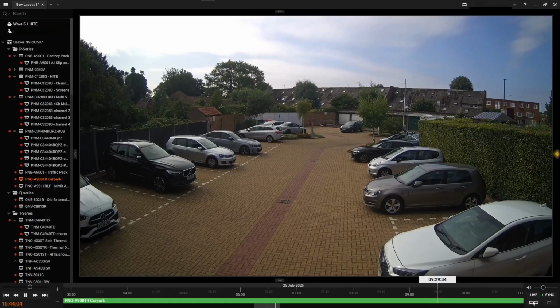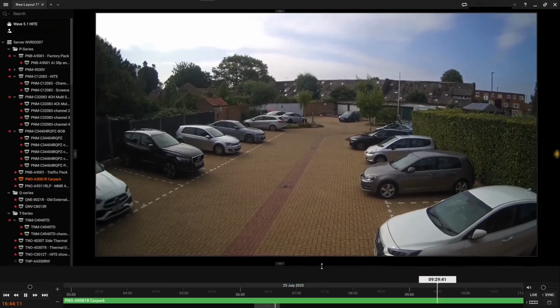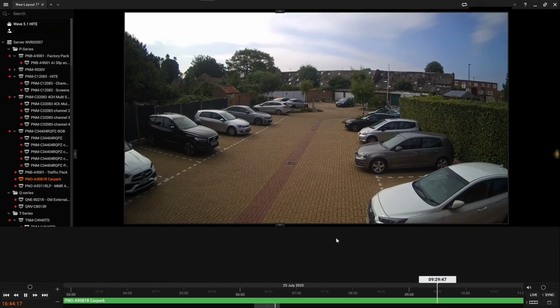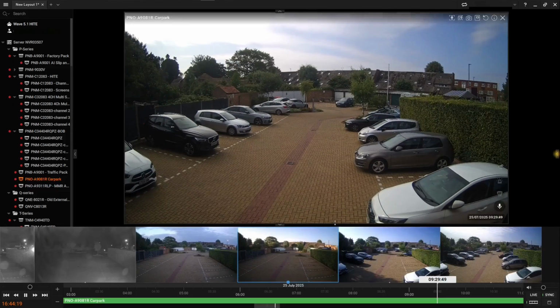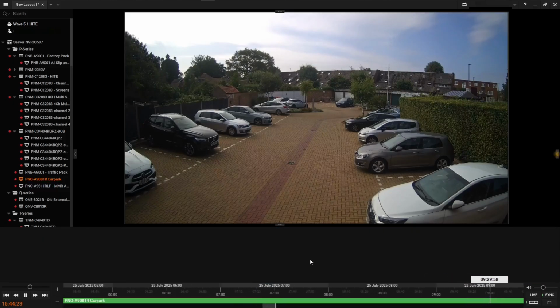So what I'm going to do is use the thumbnail search with this icon that says show thumbnails in the bottom right hand corner. Now they usually come in quite small, which makes it difficult to see any of the objects. So we can expand that by dragging up the top line, not the video line, but the thumbnail line, and you can see here the car arrived between 6 and 9:30. So we'll zoom in on that